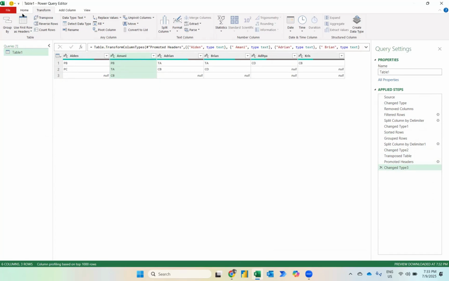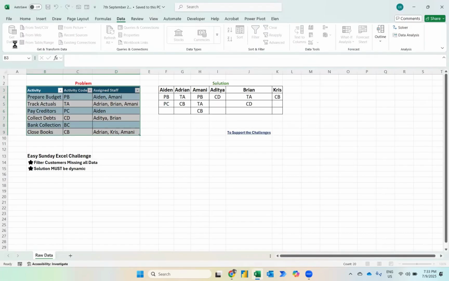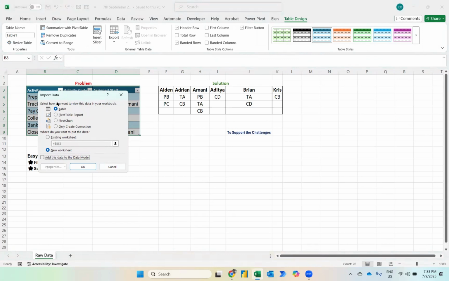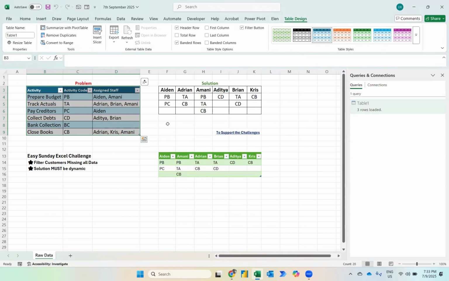I can go to Home and click Close and Load. But when you press Close and Load, it will automatically load as a table in a new worksheet. So I'm going to click Close and Load To. In this case, I want to load as a table, but not in a new worksheet, instead in an existing worksheet. Let me put it over here and press OK. By pressing OK, you will notice the data will be loaded here. So we have Aiden, Adrian, Amani, Brian, Aditya and Chris. So this is how